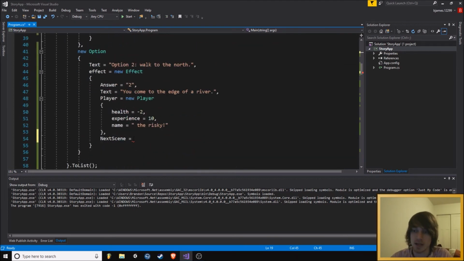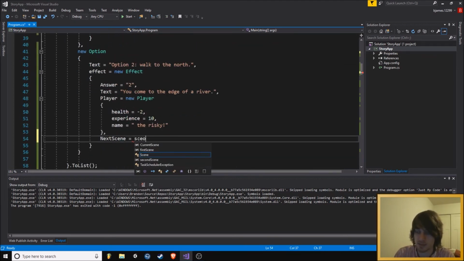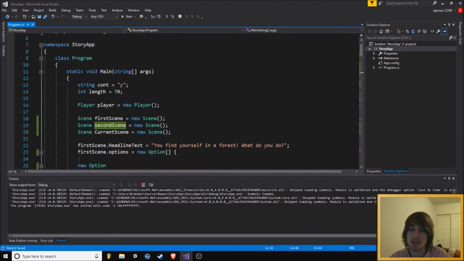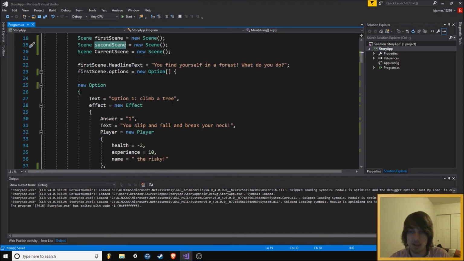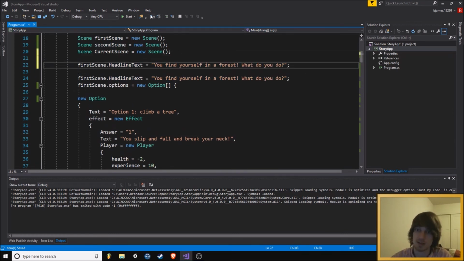And then we say, okay, next scene will be second scene. All right. But second scene is empty. It doesn't have anything in it. So what we want to do here is we can just go and copy this value here, and we'll say second scene instead of first scene here. And we'll say